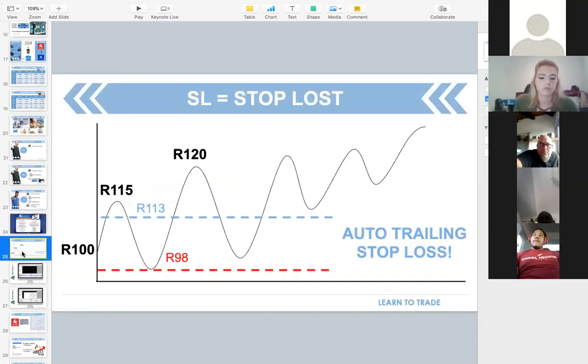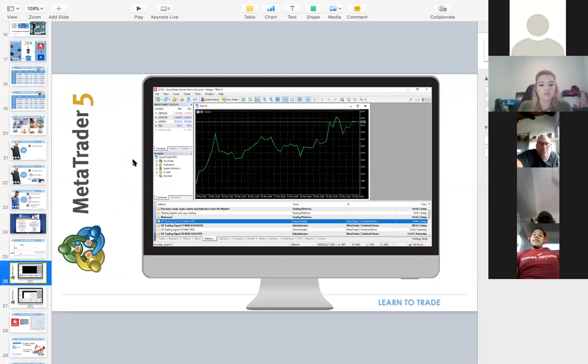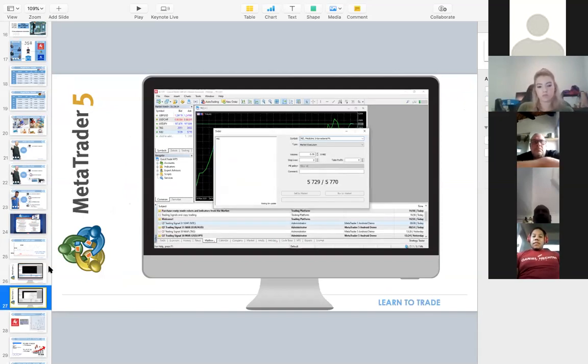Okay, so moving on. Stop loss we explained yesterday. Okay, MetaTrader 5. This is what it will look like on your computer or your laptop. Obviously, we teach everybody how to use this. A lot of people get a bit scared when they start seeing candlesticks and lines and all these things,